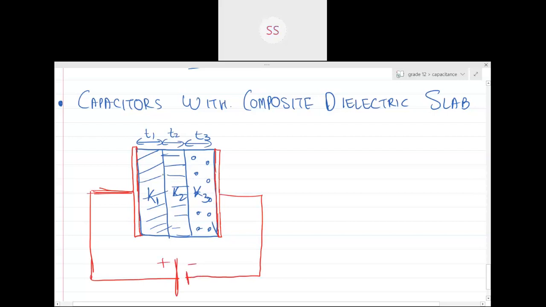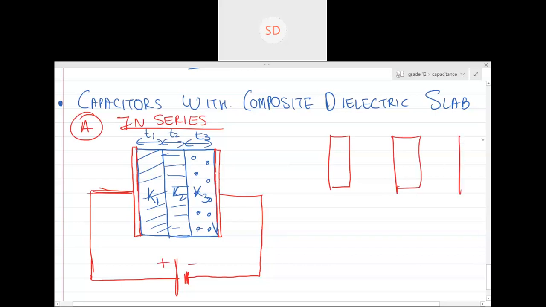Can anyone tell me how will you deal with this? We can do like A epsilon naught by D, and then we do K A. This is in series. Treat them as if separate capacitors in series. Yes. So basically, how exactly is it being? Can you see, guys? Different capacitors. Let's see this capacitor, this capacitor, this capacitor.